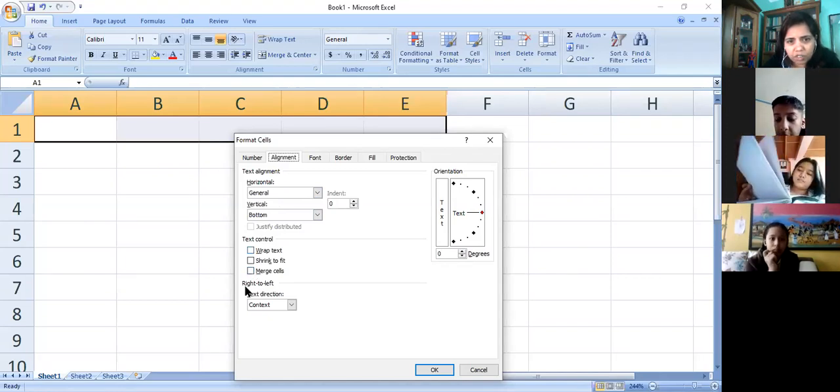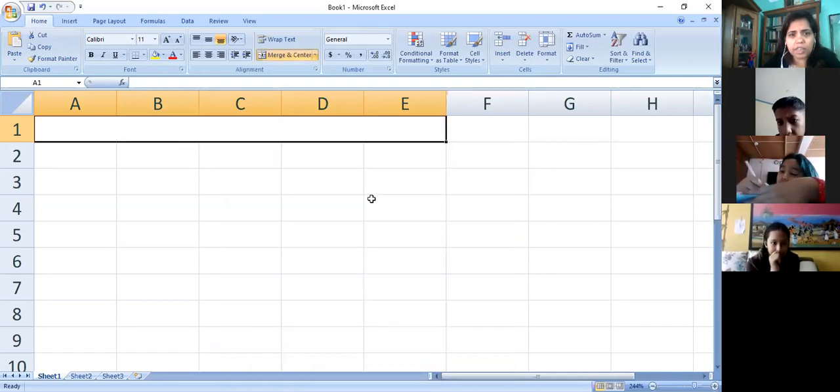Can you see here? You have to tick here, then click on OK. Now all these cells will become a single cell. All cells have been merged into a single cell. Got it? Now normally we merge